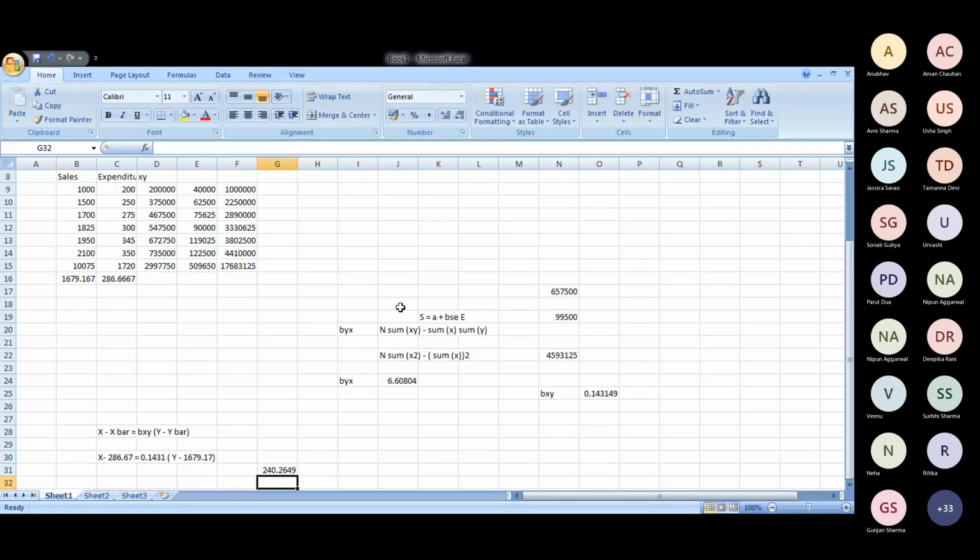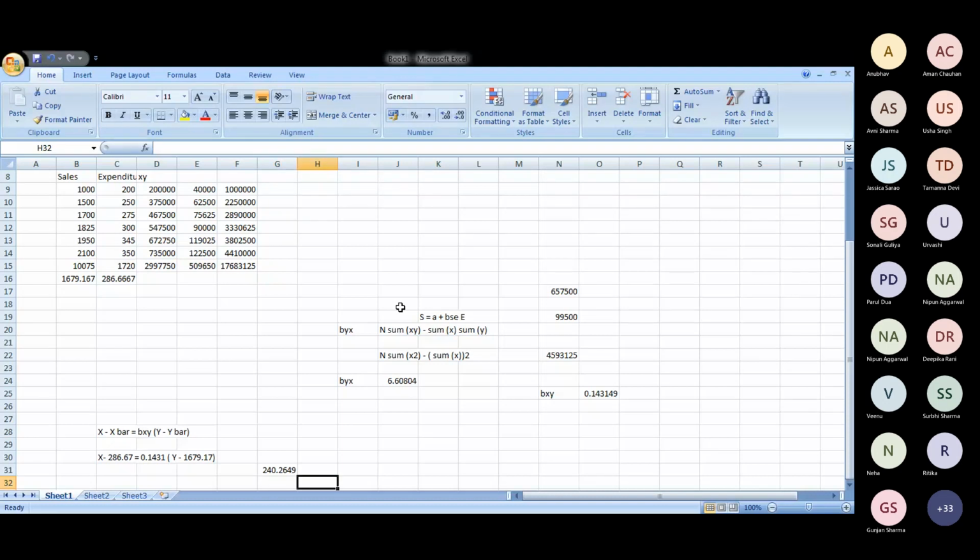So it becomes 240 in minus. So here it gets plus, so the answer becomes 0.1431 multiplied by 1639, which comes out to be like 240 in minus. So the net equation becomes x minus 286.67 is equal to 0.131 y minus 240.26, and plus 286 on that side. So the net answer becomes